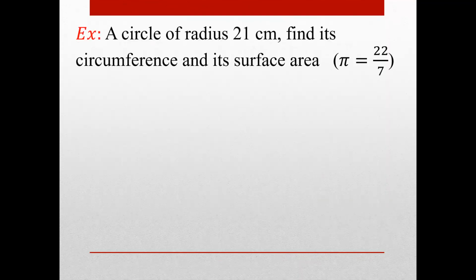Example. I have a circle. Its radius is 21 centimeters. Find its circumference and its area, where pi equals 22/7. I want to know the circumference. First, I put the rule. Circumference of a circle equals pi times 2 times r, or pi times d. I have the radius here, so I'll multiply pi by 2 by r. So the answer will be